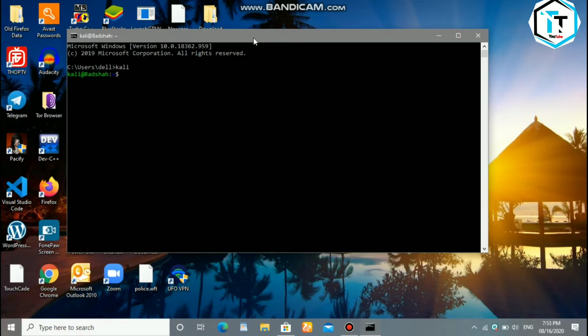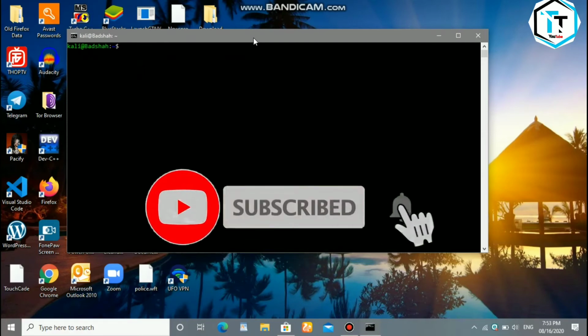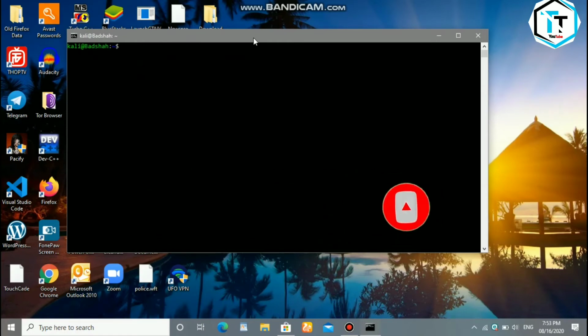You want to enter the username and also the root password for your Kali, and it will take some time to install Kali Linux. After that you see this type of window. This is my username Badshah, and my password is Kali@Badshah. You understand that your Kali Linux is successfully installed.